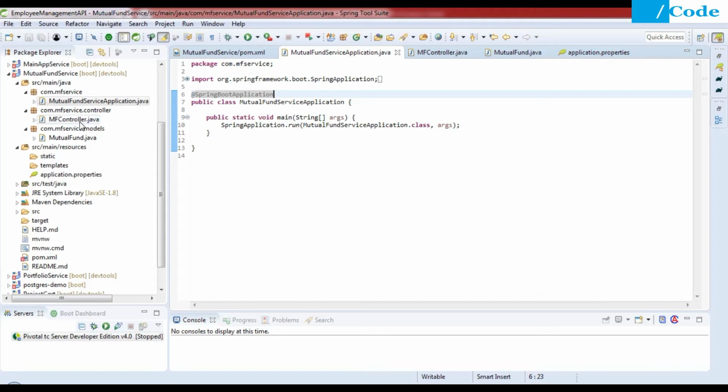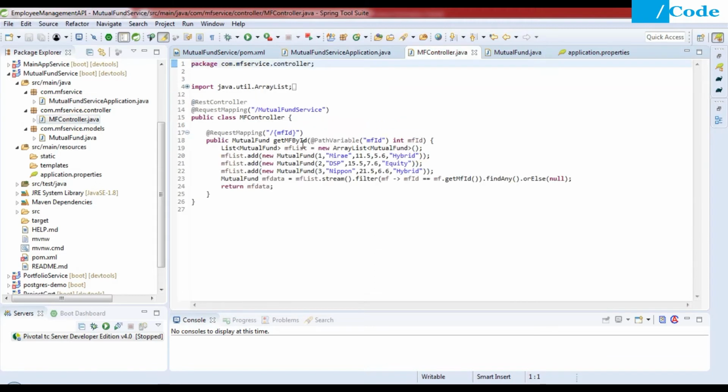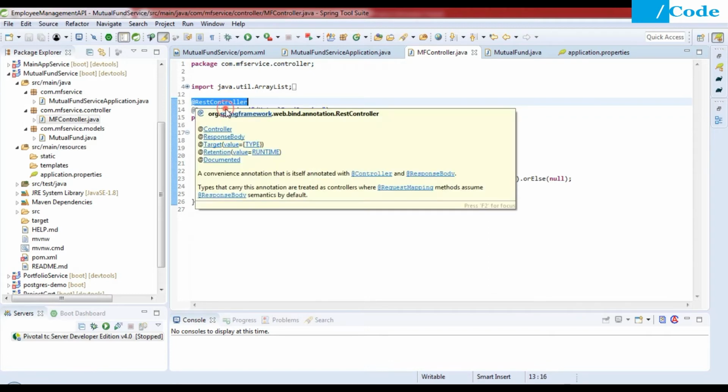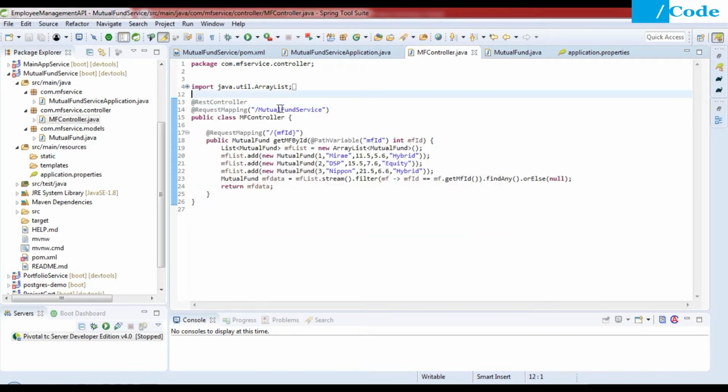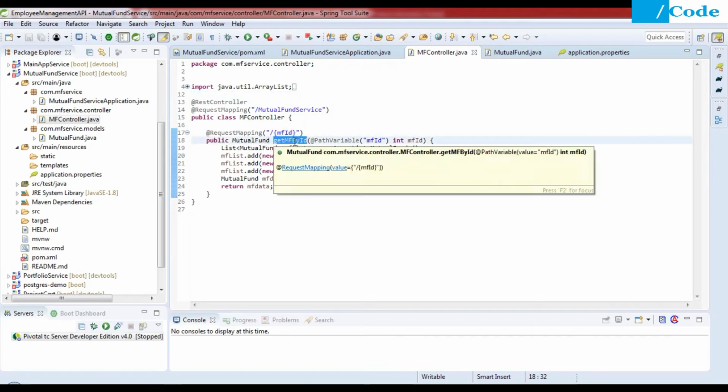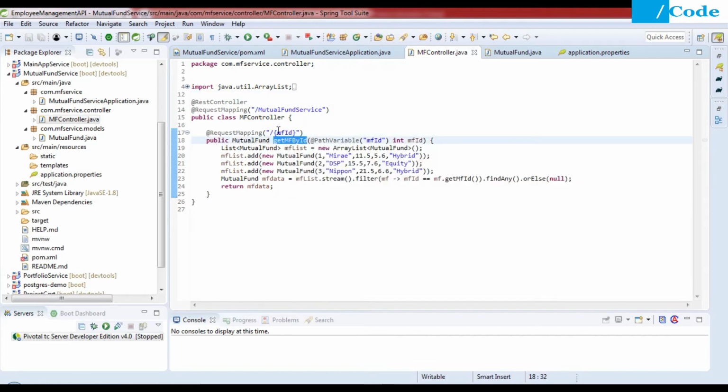Now come to the controller part. What we have done is add the RestController annotation for the REST API, and then we have a request mapping with mutual fund service. So whatever request comes needs to map to mutual fund service, and then we have created one function, getMFById, which maps to whatever id we get, directly with mfid.